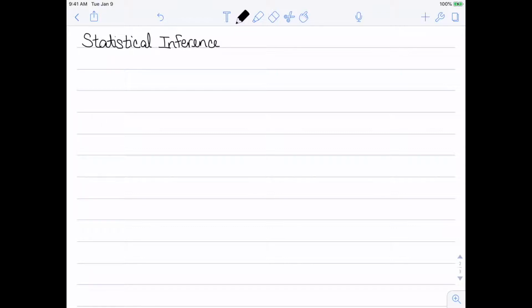The idea is we want to use our sample data to draw conclusions about the entire population. So how do we do that? Let's suppose we have the sample mean, x bar. We know this is not exactly the same as the population mean. It's very rarely exactly right, and it's going to vary from sample to sample. If I have a different sample, it's going to be slightly different.